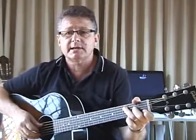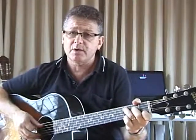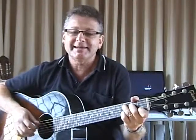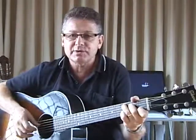If we take a look at the timing on the C chord, we're pretty much in a semiquaver feel. The first note in the C chord that we play is quaver to 2 semiquavers, so we get a one-y and sound. One-y and. If I proceed through the rest of it, we'll end up with 1-e and 2-e and 1-e, start again. 1-e and 2-e and 1-e and 2-e and